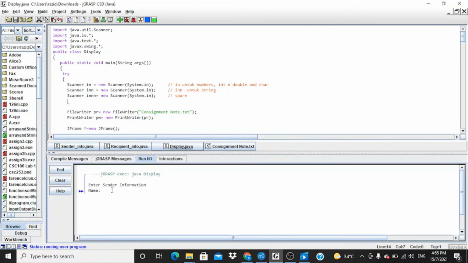Enter the sender information: name, ID, address, phone number,